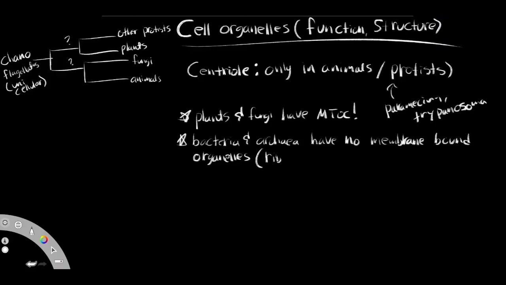Now, why do I say most? Because the ribosome that we looked at, which is necessary for protein synthesis, has to be found within archaea and bacteria, because otherwise they wouldn't be living. They need to synthesize protein. We need proteins to be constructed and built, otherwise life wouldn't be able to exist. So the ribosome is not membrane bound, and they obviously have them. Cytoplasm, that gel that holds things together, they need that too. And a cell membrane.